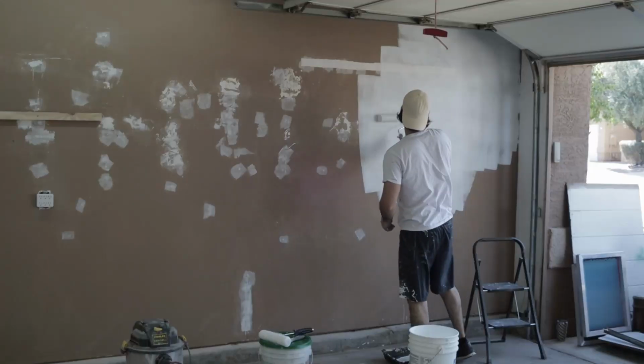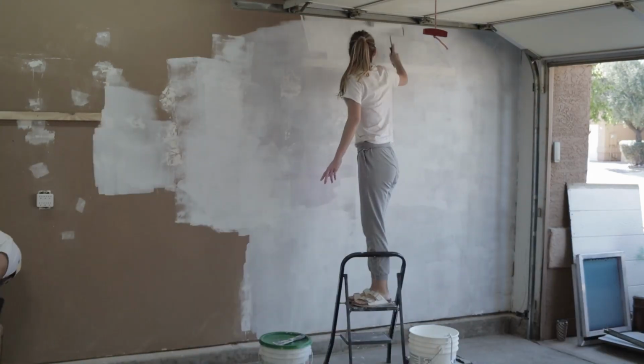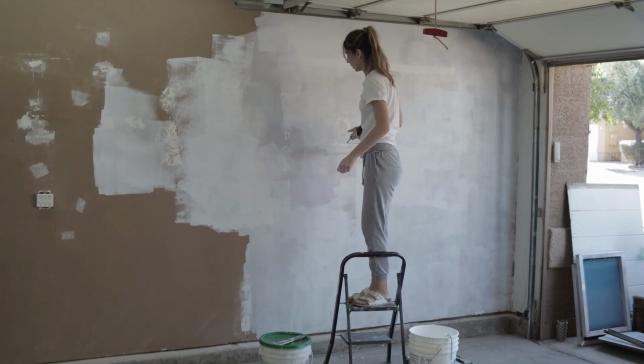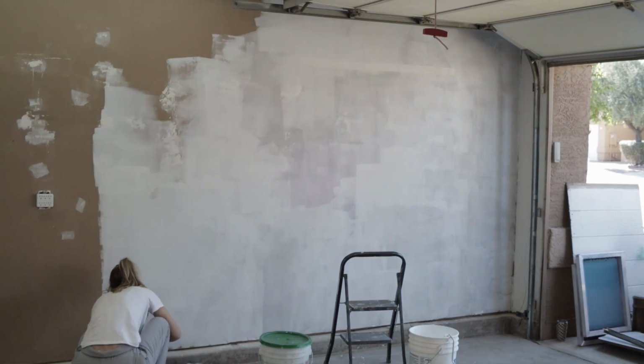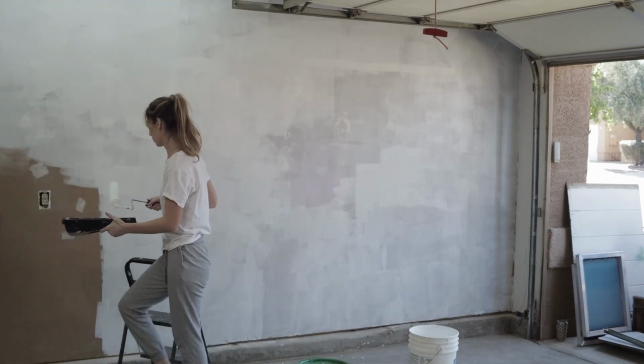And we're using some all-purpose primer here for the walls. We ended up going with about 2 to 3 coats just because the brown on the wall was so dark it kept seeping through. But it's really good if you have a stepping stool and a couple of brushes, and